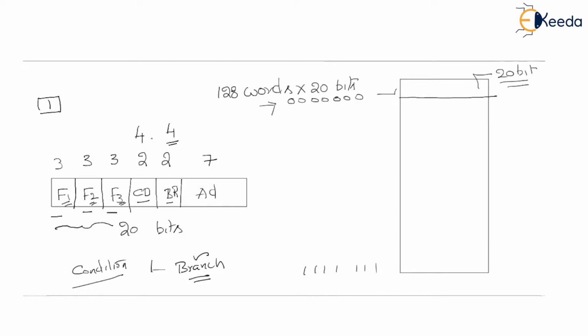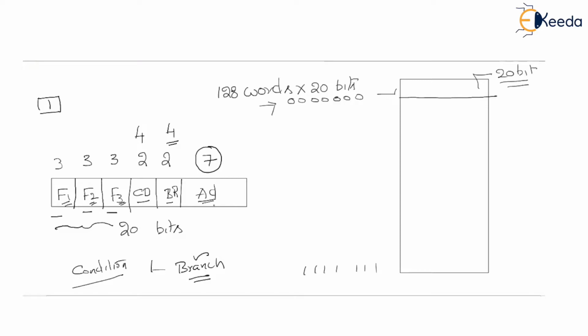Again, we'll have a look at what the 4 different conditions and the 4 different branches are. The least significant address field is going to specify a 7-bit micro instruction address in the case of a branch. You know that our control memory is addressed with 7 bits. Let us say this instruction wants to take a branch. That branch address will be specified in this address field. If there is no branch, this address field is going to specify simply the next address.